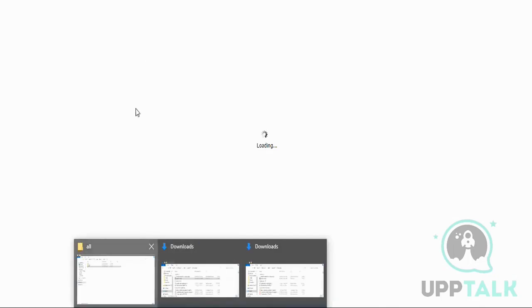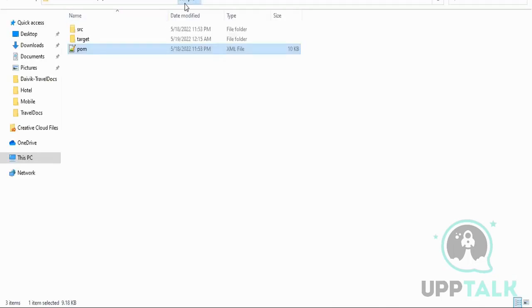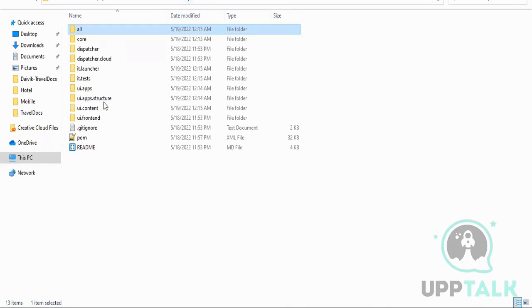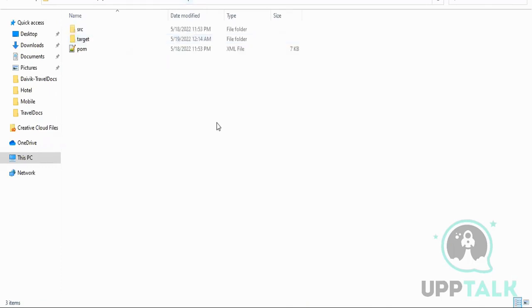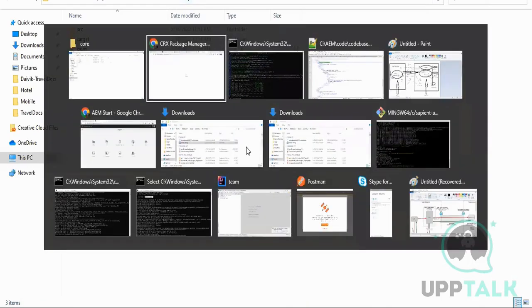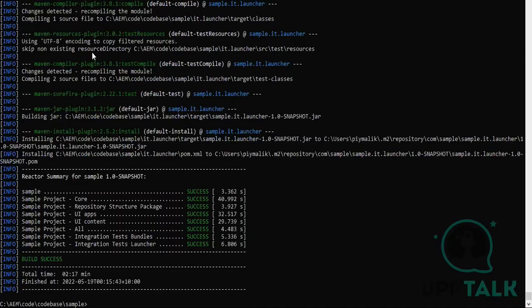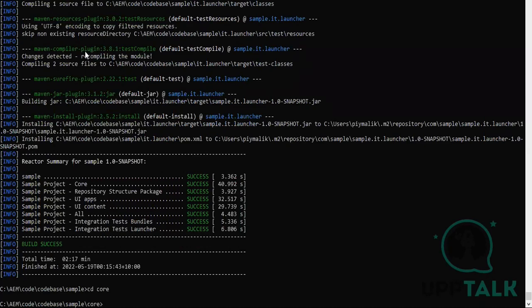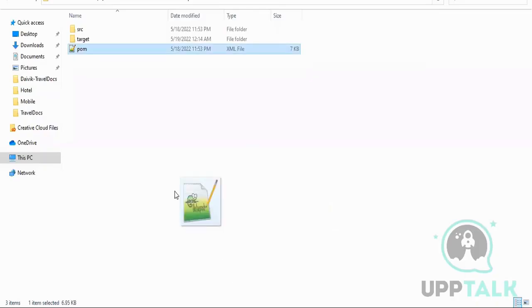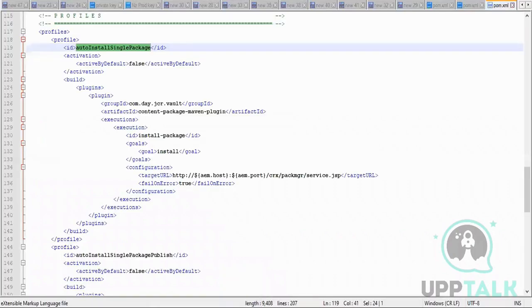Okay, let's discuss that in parallel. So in case your changes are only inside the code, then you can go inside the code, over here inside the sample, and here you can write the same command. The profile, -p, that you are going to use, you can also find inside the POM of the code. So if I go inside the POM of the code and search for the profiles,